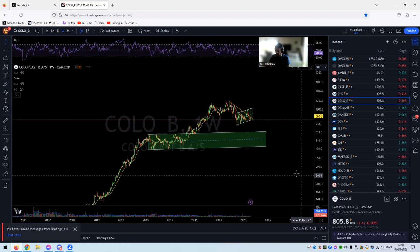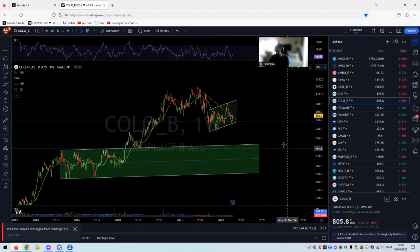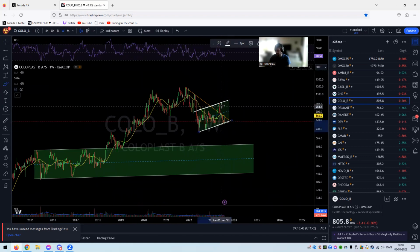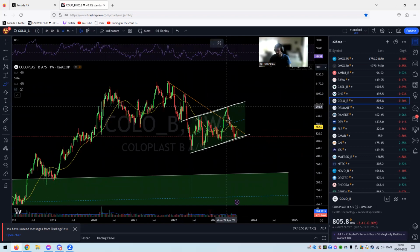Coloplast is a big plastic company, makes all sorts of stuff in that sector. My take is that right now we are in a bear flag. There it is. We had a fake out of the trend line here. Let me zoom in. We had a fake out of this trend line, and now I hopefully think that this bear flag breaks,